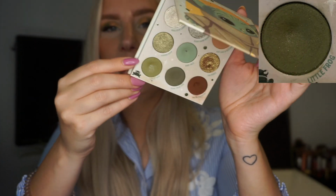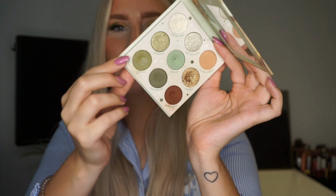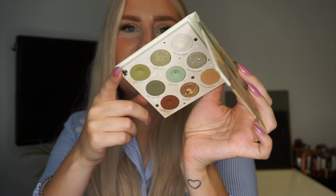So you can see hopefully that I do have a bit of a dip in it. I think you can pick it up there. It looks so much shimmery because when I swatched it out, the shimmer particles show up more in the eyeshadow, but you can see the dip right there, which is very exciting. And so far I have reached for this one 5 times, so, you know, not that many uses actually, and